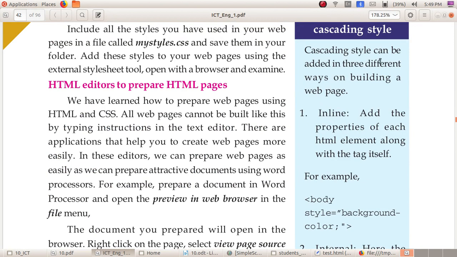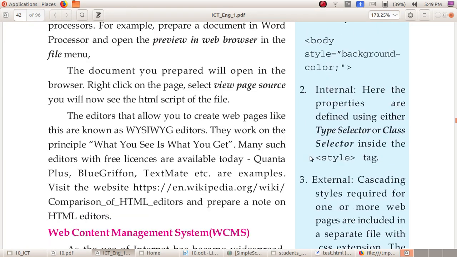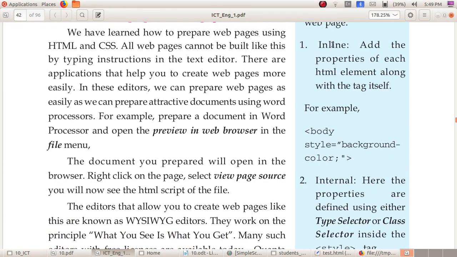Now this is very important. Cascading style can be added in 3 different ways when building a web page. 3 types of CSS are there. First one is inline, second one is internal, third one is external. Okay, inline CSS means adding the properties of each HTML element along with the tag itself. So this is the example for inline.